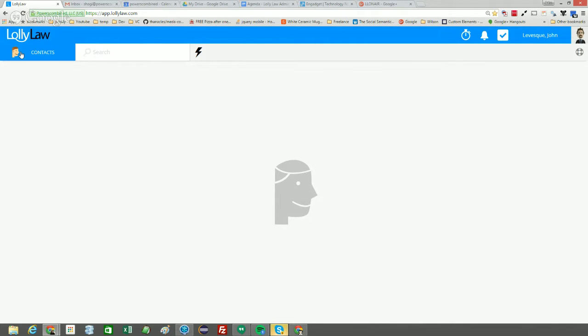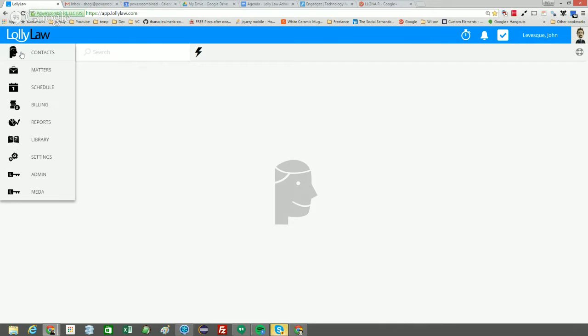And then on the left, you're going to have a menu system. These are all of the different sections that are available to you in Law. And depending on your role and your permissions, what you see here will change. But for the most part, you'll have contacts, matters, and schedule. Next to the menu will be a type to search area. And this is how you can pull up individual records for both contacts and clients, as well as matters and